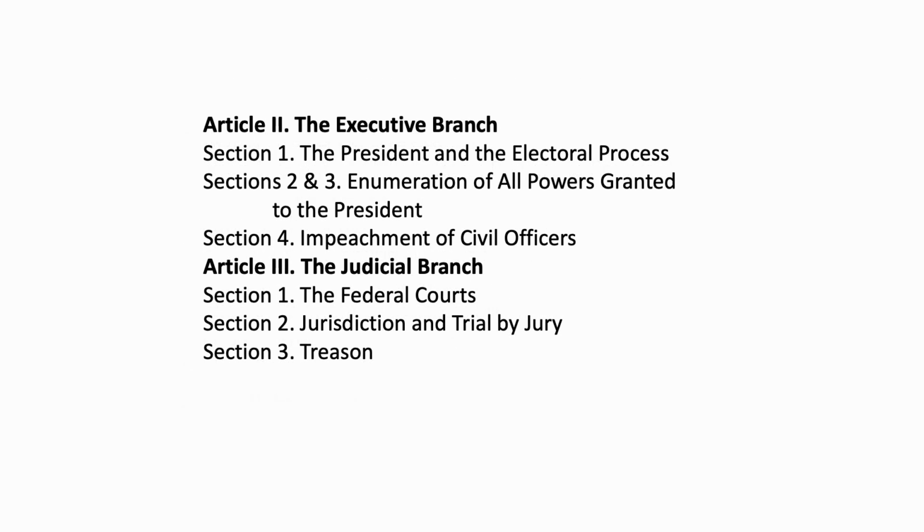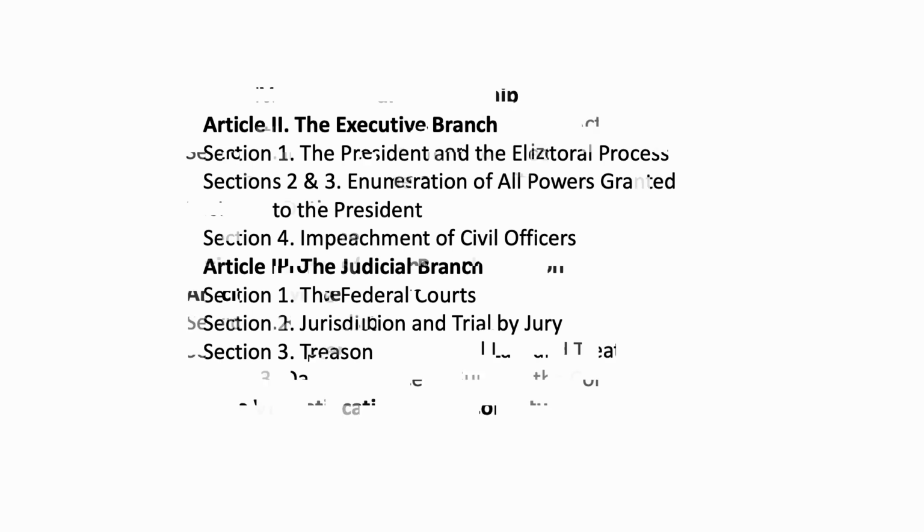Article 2, relatively short, describes the executive branch, which has greatly expanded, as you will learn. There's no mention here in Article 2 of the federal bureaucracy, which is in the executive branch. It was created later and put in the executive branch by Congress, but it's kind of interesting because it isn't even mentioned in the Constitution except for a few basic departments. Article 3 is the judicial branch, the federal courts. We'll have a lot to say about that.